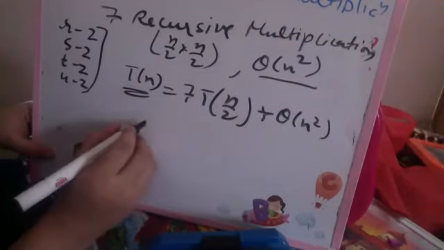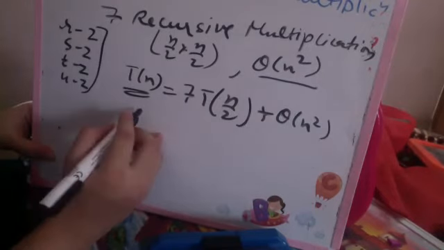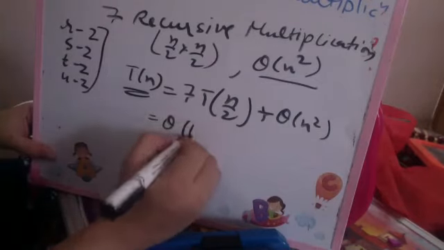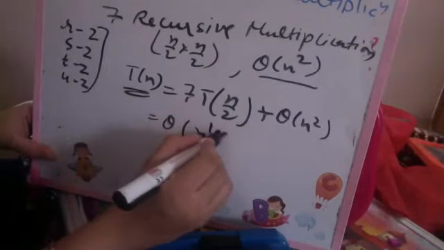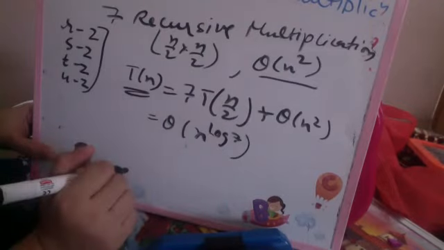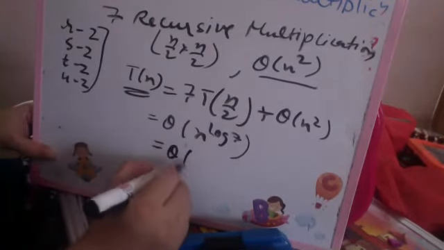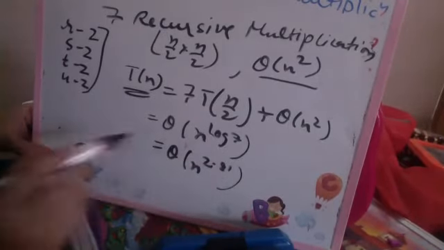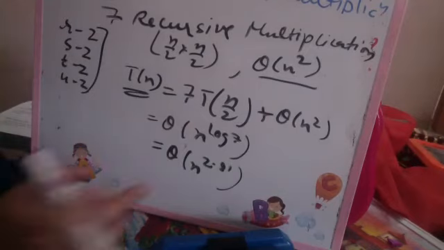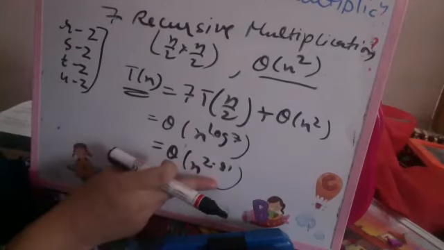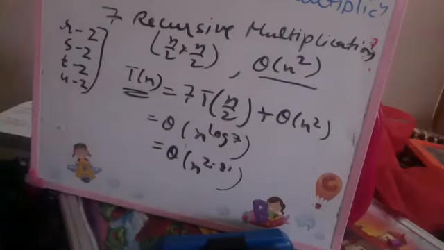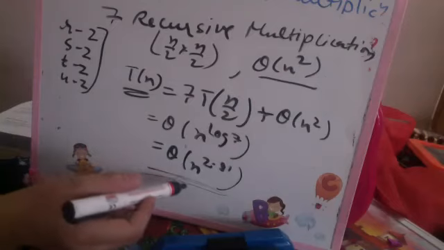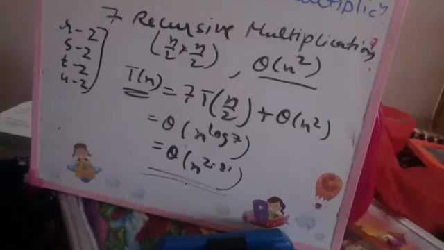Again, if I am going to calculate using Master's theorem, this comes out to be theta. It is again the first case, n raised to the power log 7. It again comes out to be theta n raised to the power 2.81. So even this is considered better than the previous algorithm. If we can reduce complexity by even this much, if we are going for very big matrices, then even this is considered a very good improvement. This is what we are trying to achieve using Strassen's matrix multiplication algorithm.